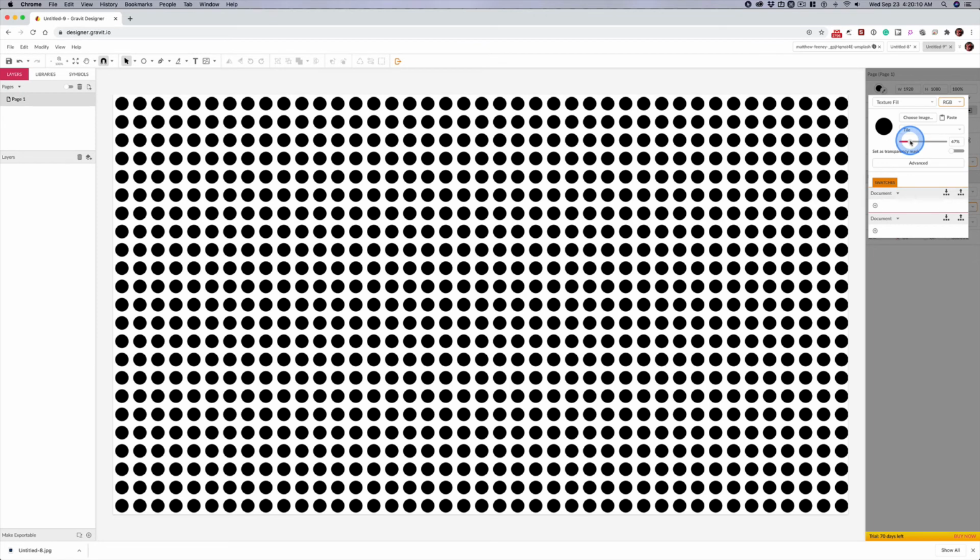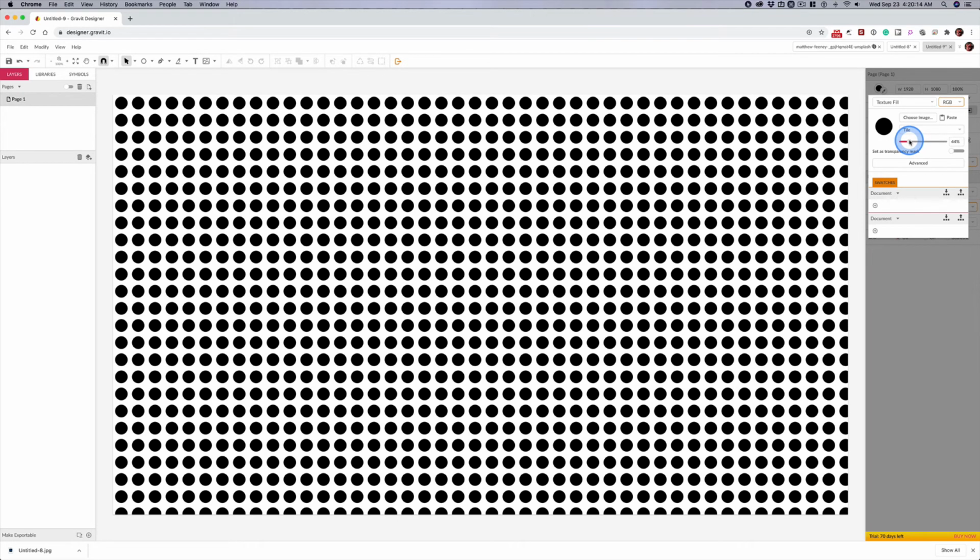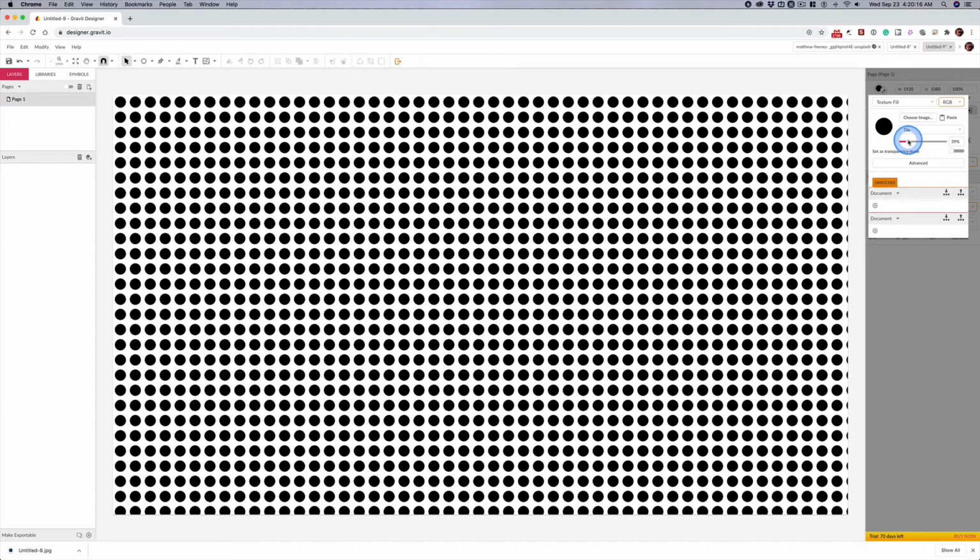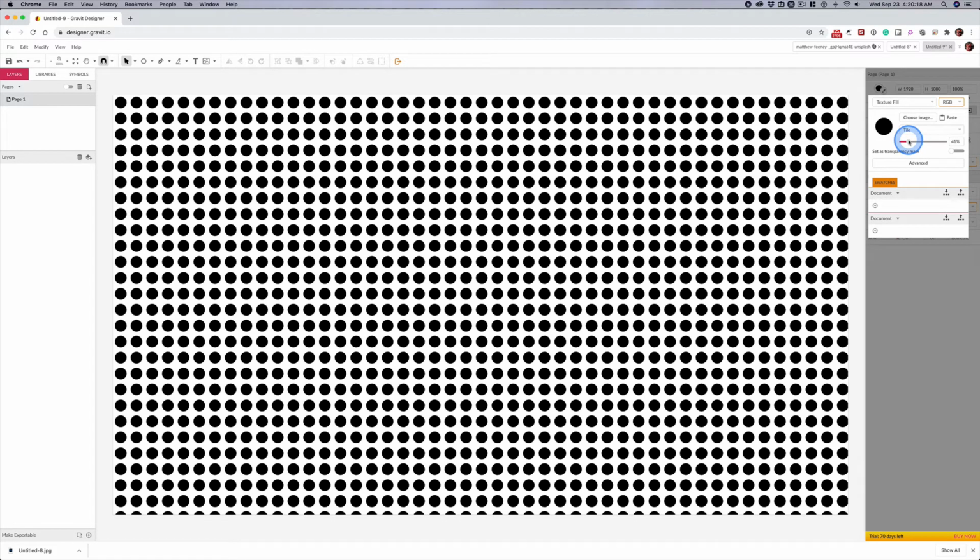Now, I'm looking for a little small polka dot pattern, and I just want to get it just so. We'll talk about how to perfect this later, because right now I don't like how this pattern's falling off the edge, but I do want to work with this